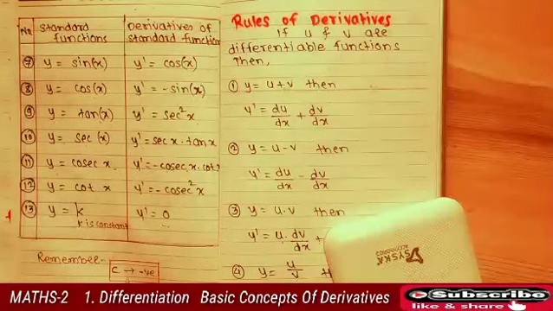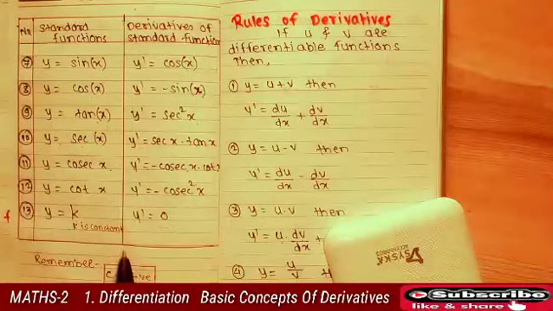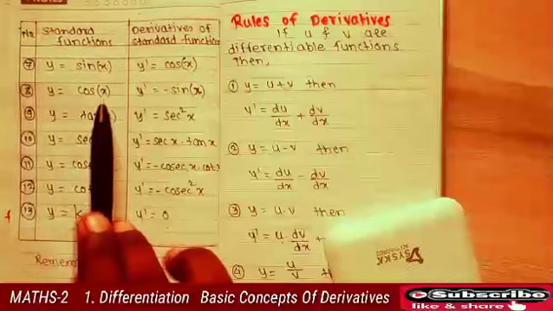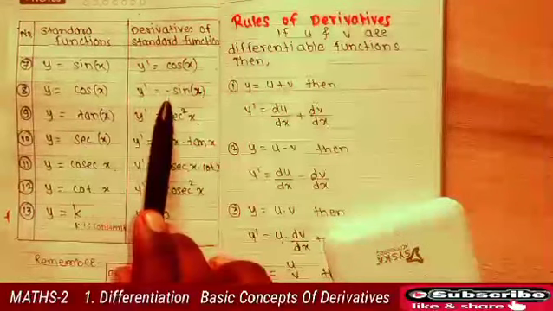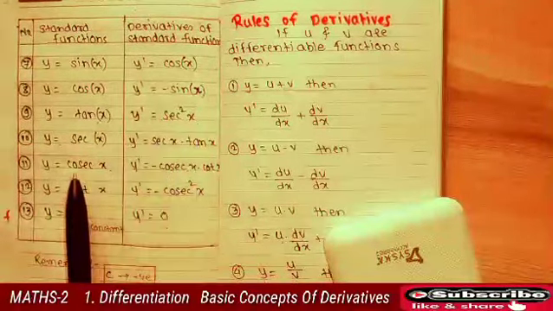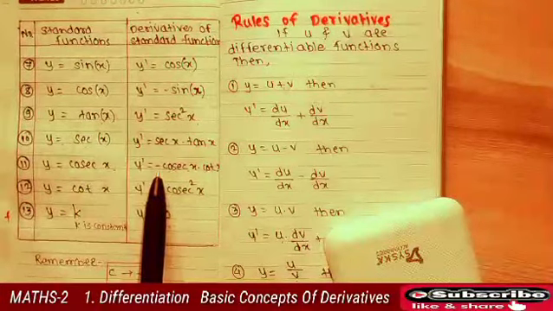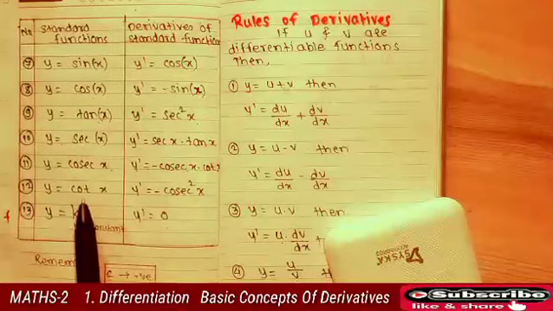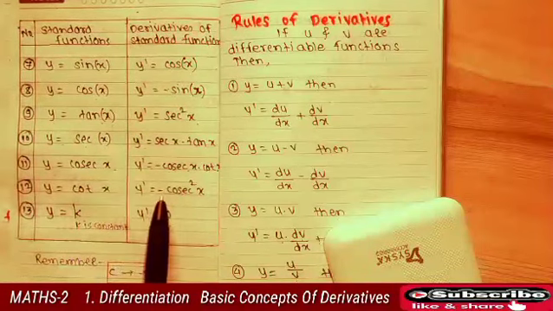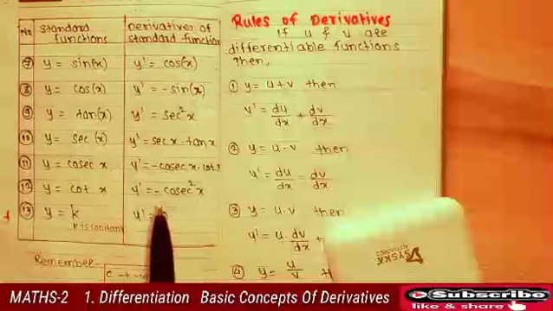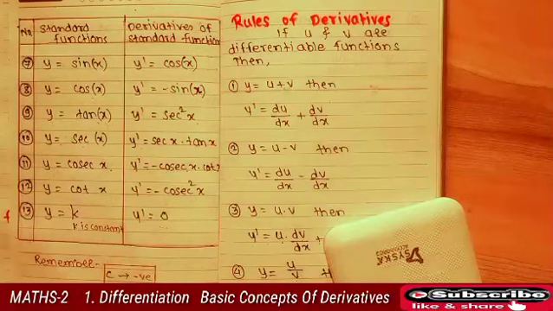In trigonometric functions, if your function starts with c, then your derivative must be negative. For example, if y equals cos x, and cos x is a trigonometric function that starts with c, its derivative becomes negative, so negative sin x. Also here, cosec x is a trigonometric function and starts with c, so its derivative becomes negative cosec x into cot x. Similarly, cot x is a trigonometric function and starts with c, therefore its derivative goes to negative, negative cosec square x. So for these trigonometric functions, you must remember this note, c goes to negative.